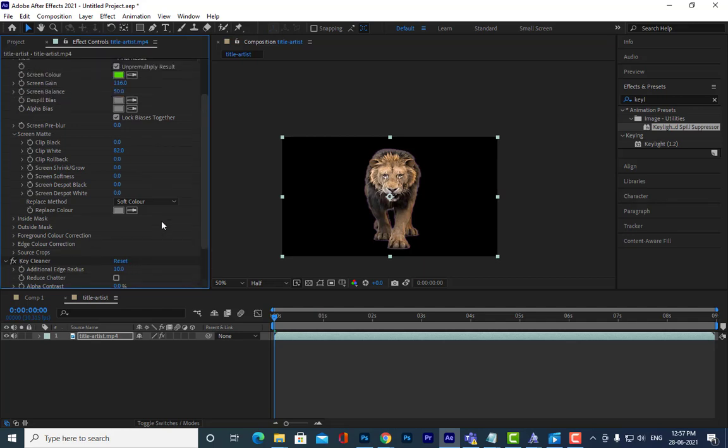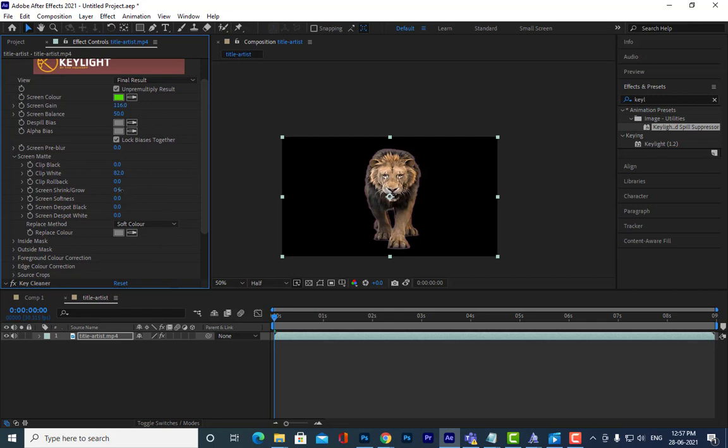We can also use this screen shrink and grow. I think it's not showing nice. Let's move it down. And you can make the edges soft. Is it clear?